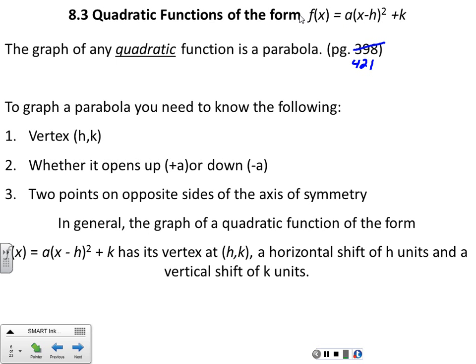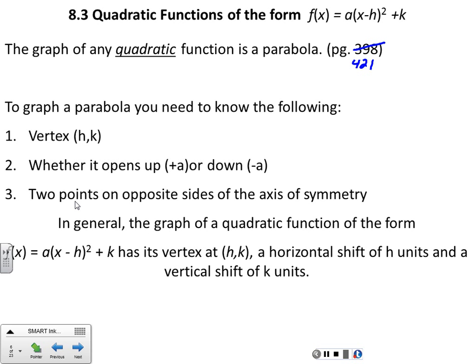And then what you need to know is two other points. So what do you need to know in order to graph a parabola? You need to know the vertex, whether it's going up or down, and two other points. Now, how you find the two other points is completely up to you. I prefer using a T-chart, but if I ask, and you'll see this on your final exam, if I ask